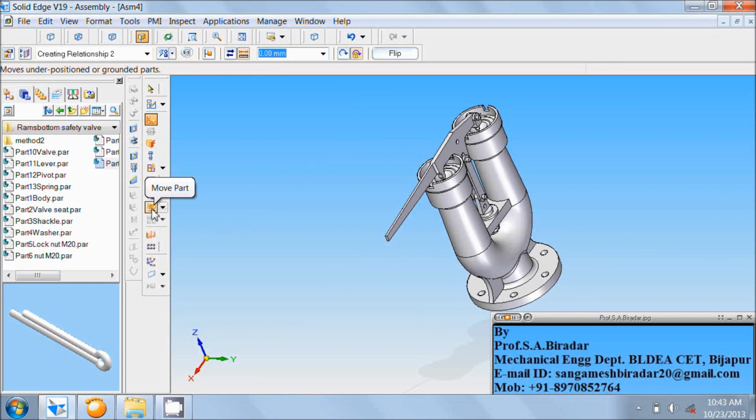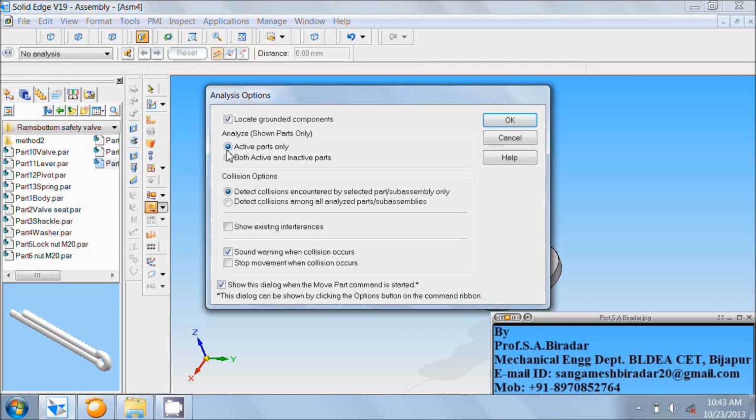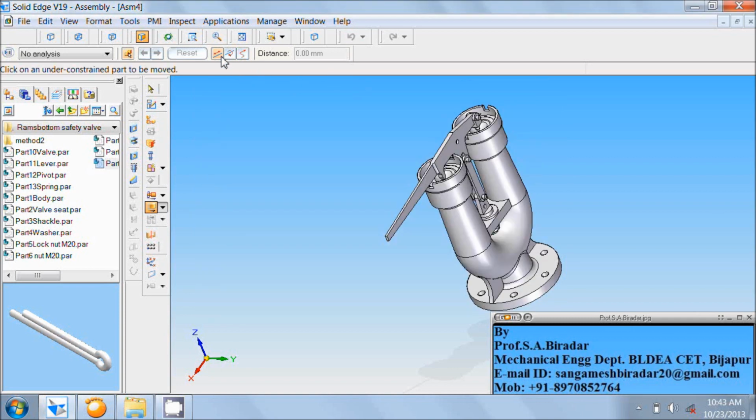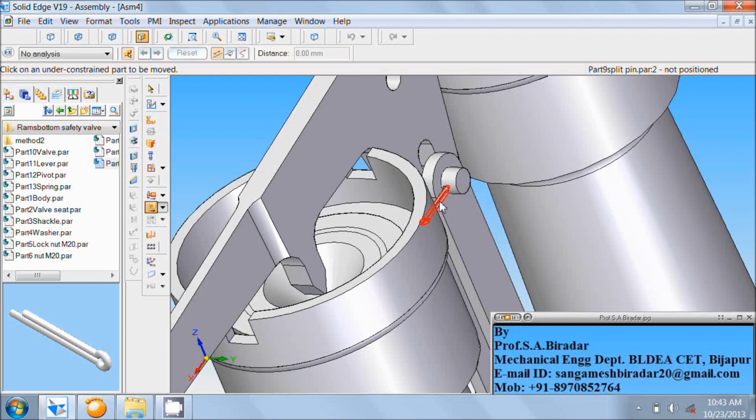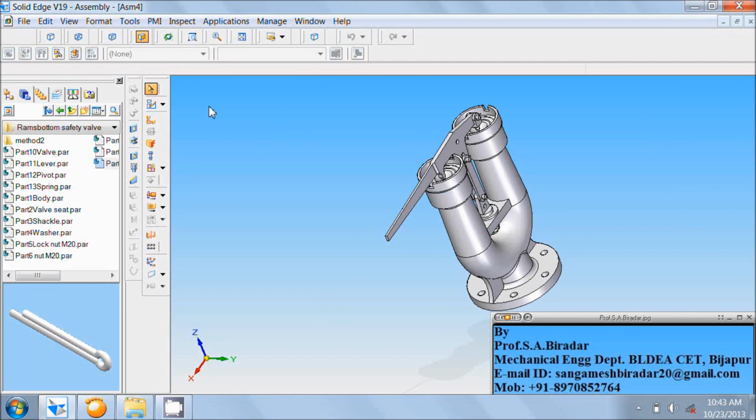Now click on move part, click on active parts only, click on OK, click on move, use zoom area, zoom it, right click of the mouse, click on the part, that is split pin. Click on smaller portion of the split pin, enter distance say around 20 mm, press the enter button, fit it, click on select tool. Now again double click on the split pin,